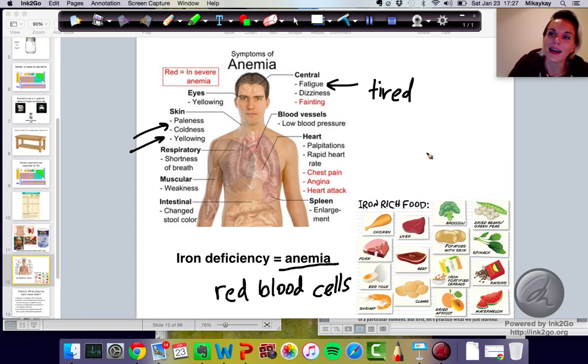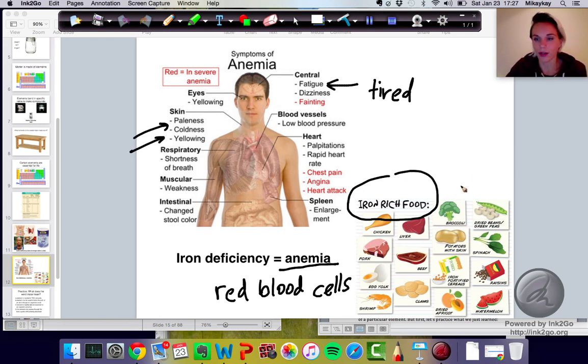And then if you change your diet, if you are more careful about your diet and you make sure to eat foods that are high in iron, which might be various vegetables like broccoli and spinach, or if you eat meats, then it could be beef, pork, chicken, eggs, if you're into liver, that too, right?